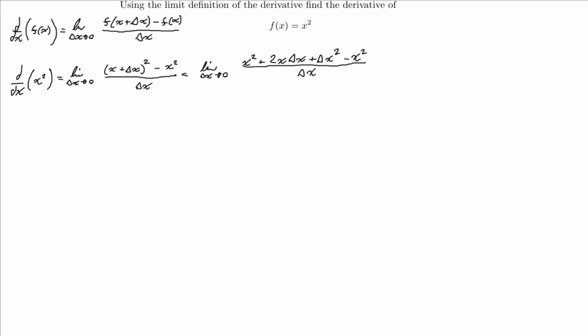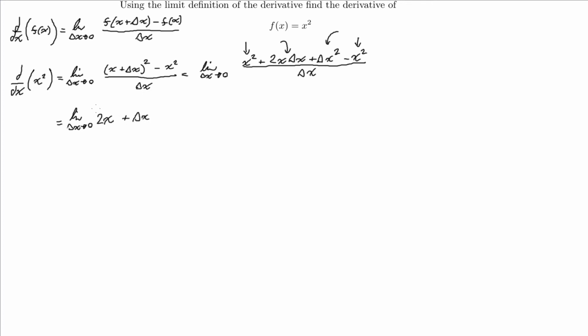right? So first thing to notice is that this x squared and this x squared are going to go away, and then we're going to be left with the limit as delta x approaches 0. Now notice the remaining two terms each have at least a factor of delta x, right? So we can divide this term by delta x and this term by delta x, and what we'll get is 2x